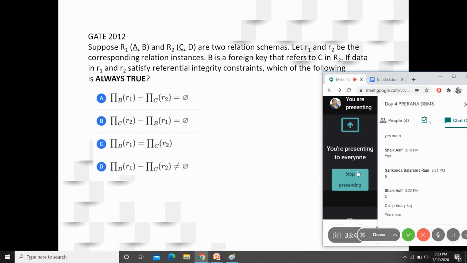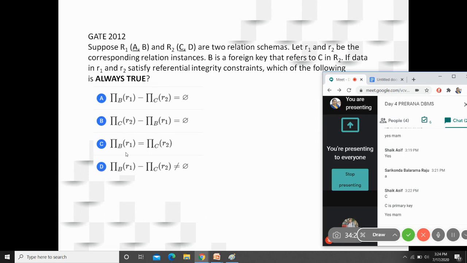Will you agree with that? Yes. So because C is a primary key, B is a foreign key that is depending upon C, there are chances that B can have same values as C, B may not have values as C. So in that case, if you are accepting B from C, so what will happen? Some values in C may be displayed. So it cannot be equal to an empty set. Then projection of B is equal to projection of C. It will never be same because B is a foreign key value. So in B, you can have duplication of values. That is equal to projection of C, which is a primary key.